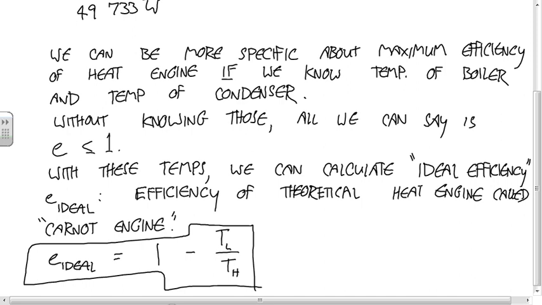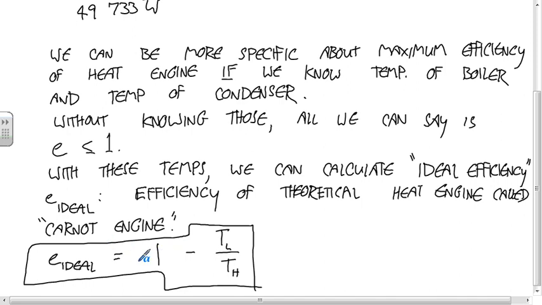Equation triple star said that a specific engine's efficiency is equal to 1 minus QL over QH. This one says the ideal efficiency, like the actual engine will have an efficiency lower than this, but the absolute